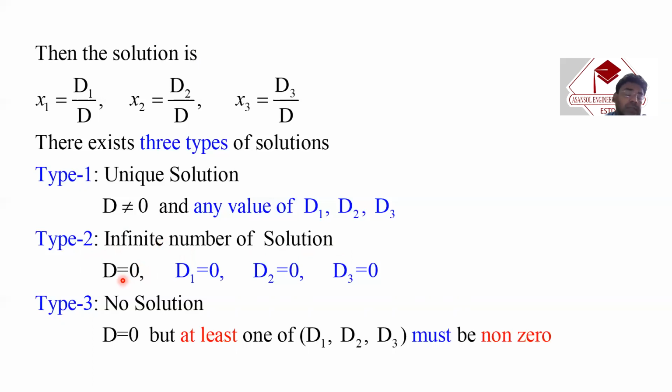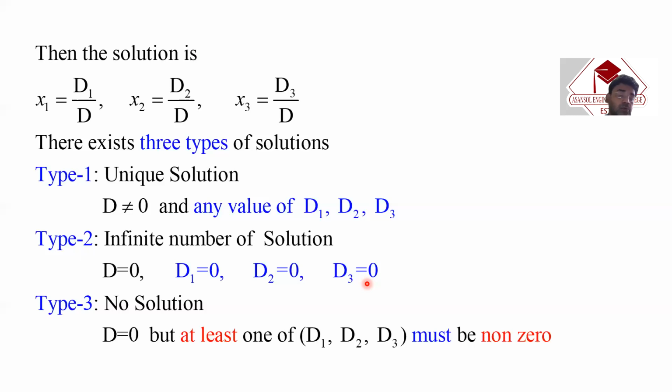After getting D equals 0, you have to check D1, D2, D3. All must be 0. It means D, D1, D2 and D3. If all are 0,